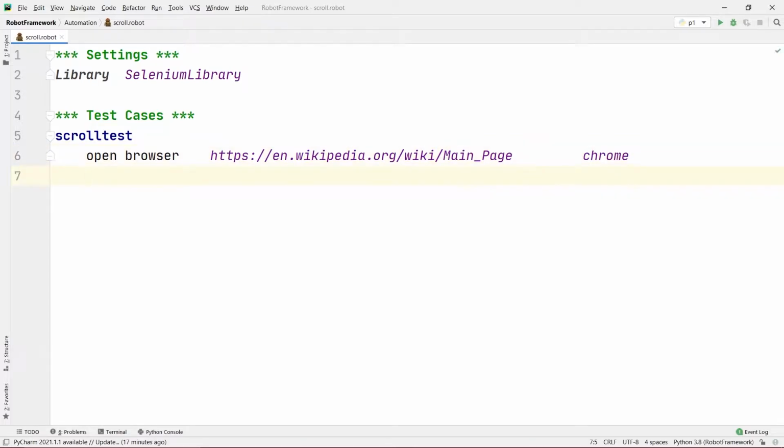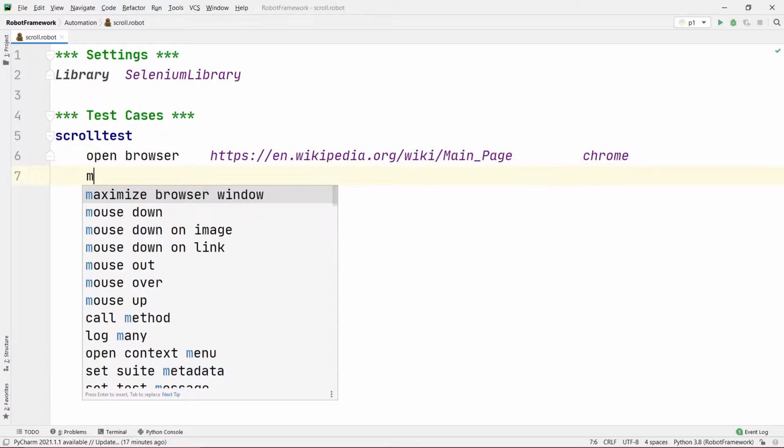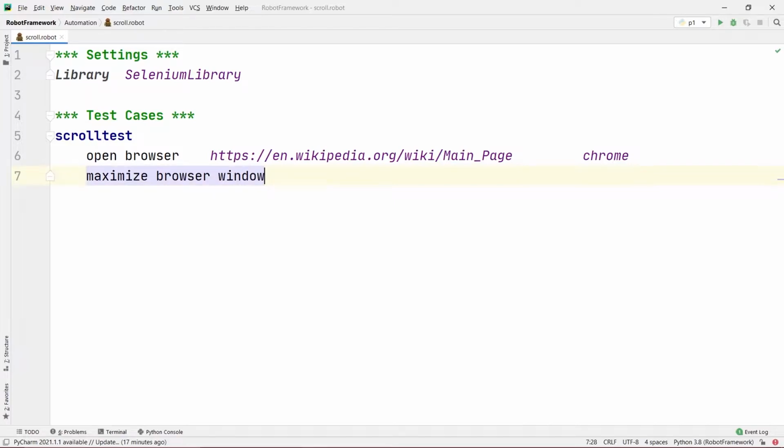After that, I'm going to maximize the browser window, and after maximizing the browser window, before scrolling, let's wait for, let's say, 3 seconds. So sleep 3. This will wait before scrolling so we can see how it is scrolling.